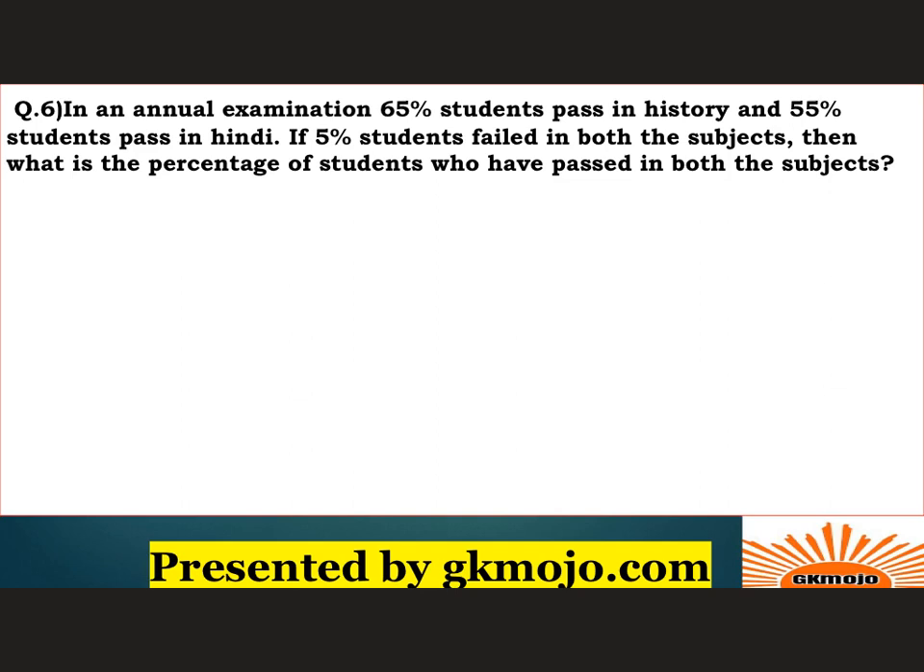Again, a very good question, I must say, kind of a set theory question, but I'll try to explain it to you with the help of the concepts of percentages. In an annual examination, 65% students pass in history, 55% students pass in Hindi. If 5% students failed in both the subjects, then what is the percentage of students who have passed in both the subjects? So whenever you have such a question,